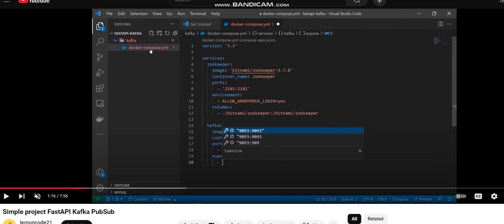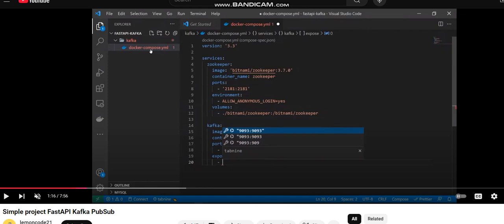Hey everyone, in this short video I'm going to show you what I actually learned from trying to follow this tutorial and replicate what's here. This is a FastAPI Kafka pub/sub example. It's a seemingly short tutorial, basically just firing up my own Kafka and trying to send a message through FastAPI in VS Code. But even following this tutorial turned out to be pretty hard, and I'm going to show you exactly